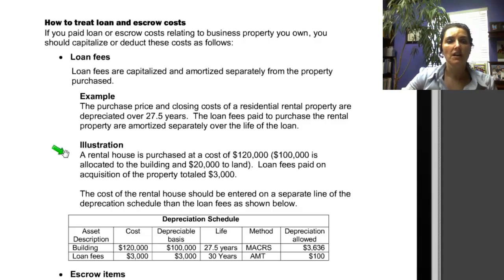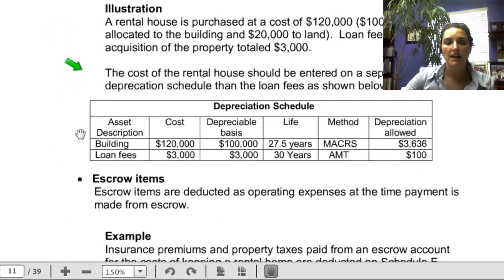Here's an illustration. A rental house is purchased at a cost of $120,000. $100,000 is allocated to the building and $20,000 to the land. Loan fees paid on the acquisition of the property totaled $3,000. The cost of the rental house should be entered on a separate line of the depreciation schedule than the loan fees as shown below. We have the asset description, which is the building, and the cost of the building was